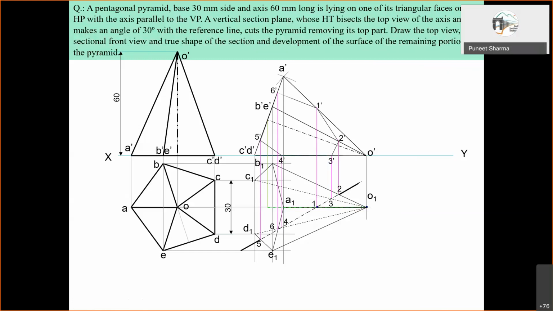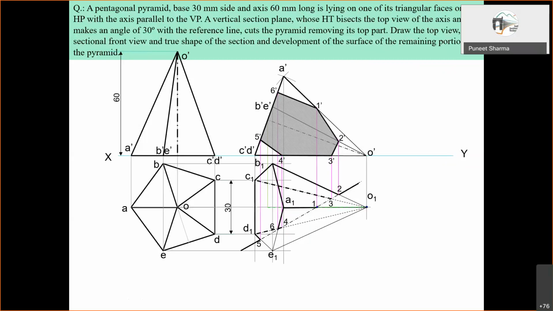Now if we join all these, then this marks the section surface. Okay, and then hatching is to be done. And apart from this, the darkening part: whichever is the retained part, we need to draw it darker as compared to the rest of it. The same is to be done in the front view also. The retained part is drawn darker and the removed part is left lighter.